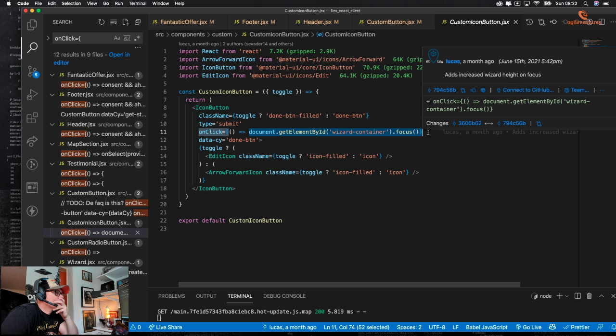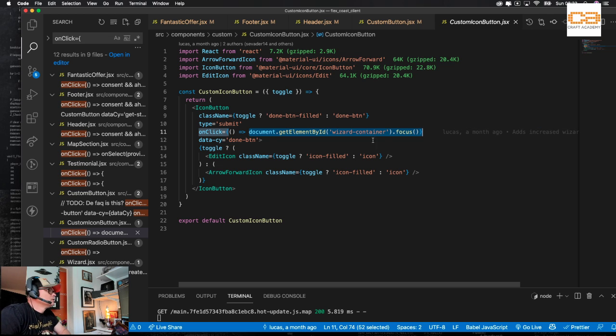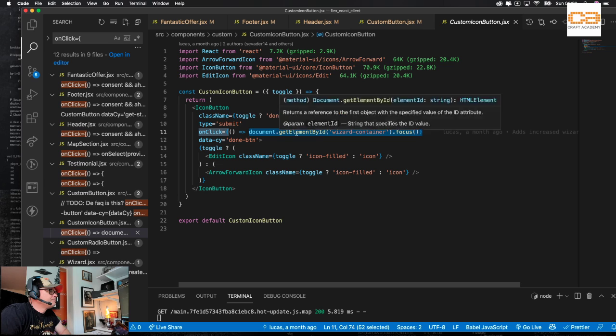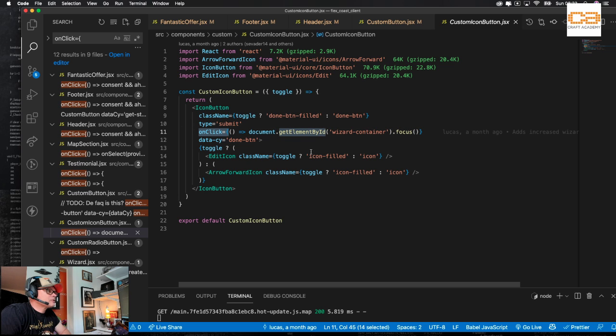Man. Oh man. Who let this slide through code review? This is like vanilla JavaScript. We should use refs here and not that.